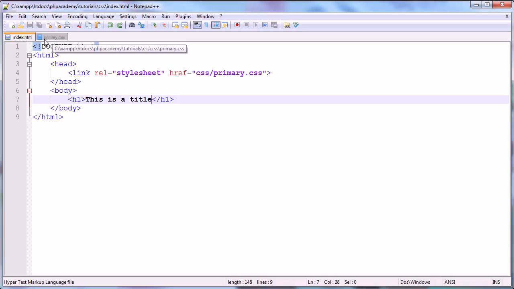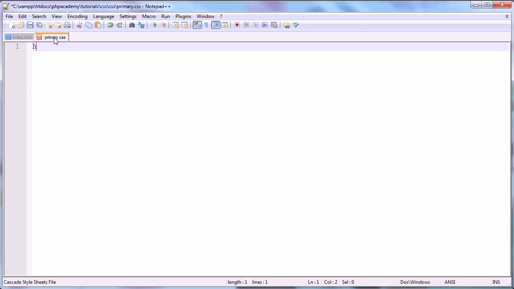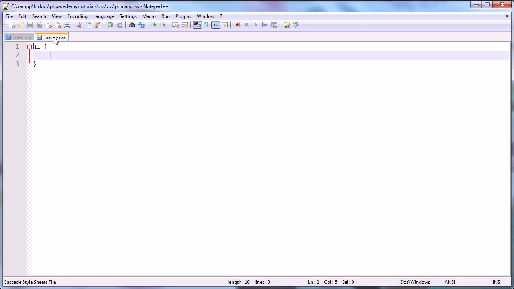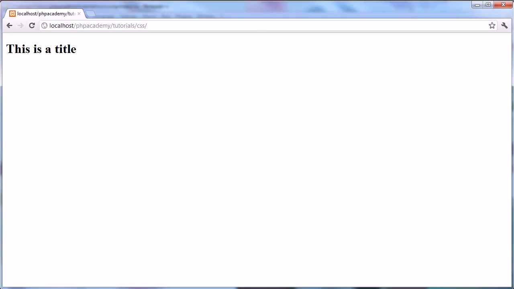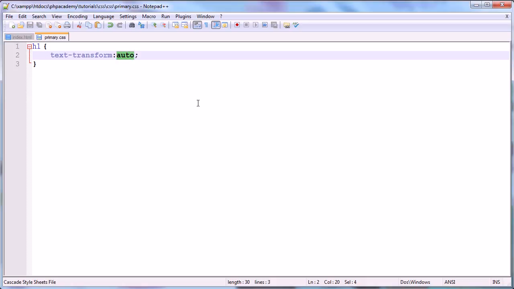Okay, so inside our primary.css style sheet, which I've linked to this page, we're going to go ahead and transform this header. I'm just going to select all H1 elements and we can transform them. So the property name is text-transform, and we can give this a value of auto, which is the default. So auto will do absolutely nothing to our header, so you wouldn't really need to specify that anywhere unless you were reverting back. We've also got inherit, which will inherit from the previous